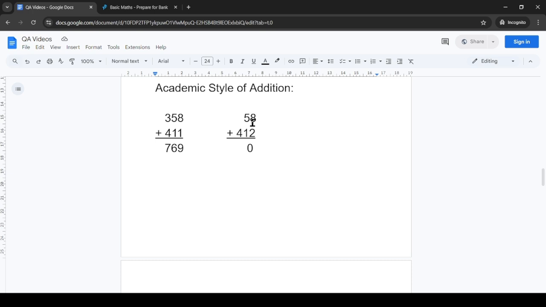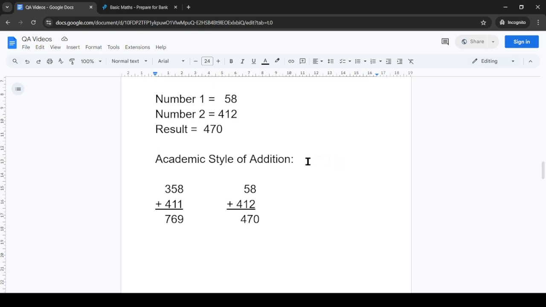So over here at the ones place we have done the addition, so we will put the 1 on top of 5, because that is the next number before the 8. Then we'll add that carry with the next number, that will be 1 plus 5 and then 1 again, so it will become 7, and then the other number. Now we don't have any carry, so the next number will become 4. So the addition of these two numbers becomes 470. This is how we academically calculate the numbers.